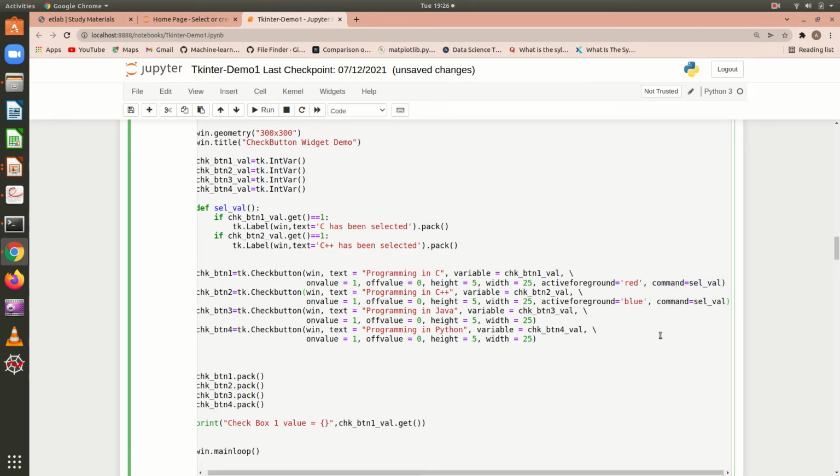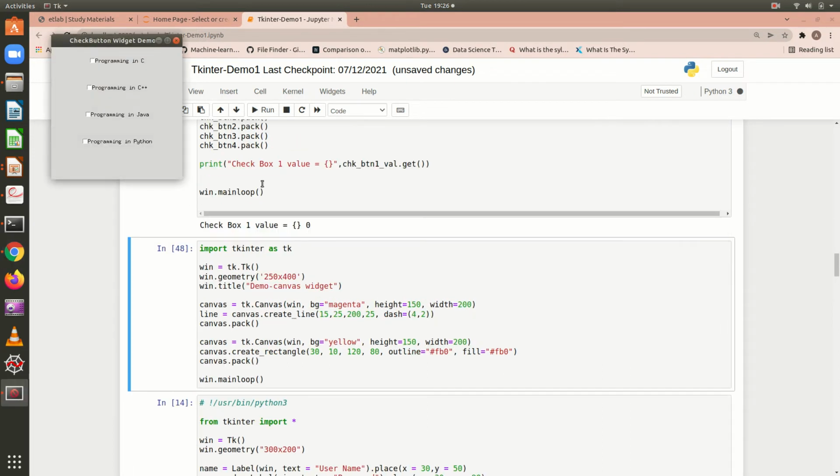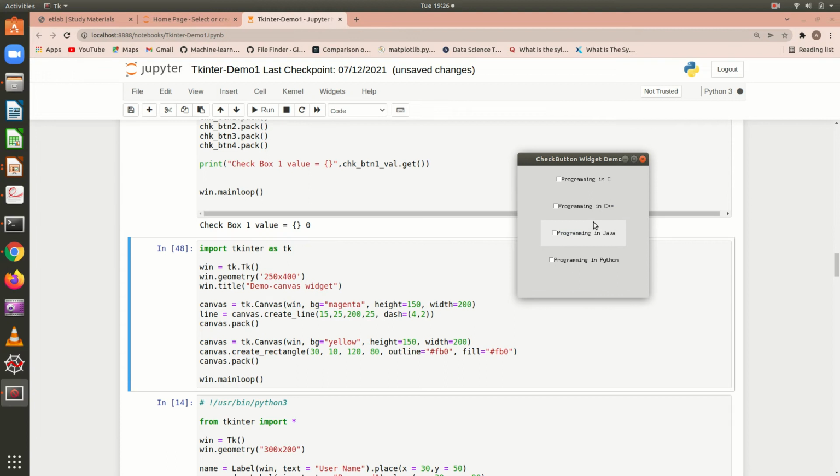So when I run it, the colors are changing. I click on this, it says C has been selected. When I click on this, it says C++ has been selected. Why is it doing both the second time also? Because it is already checked.